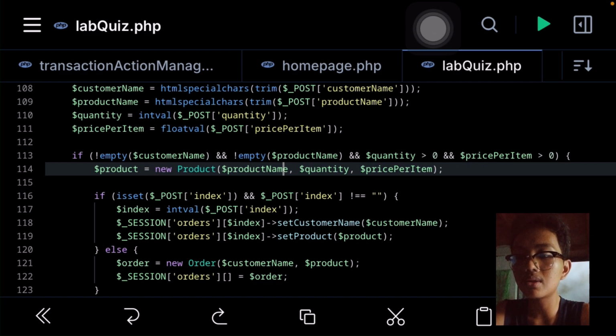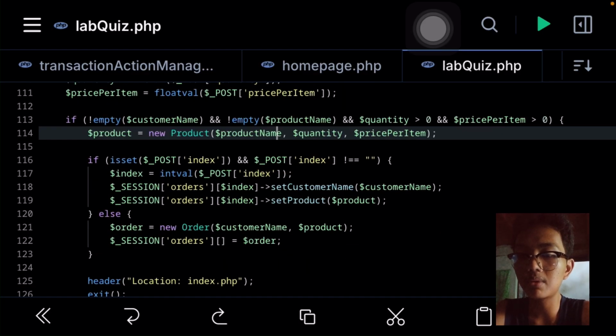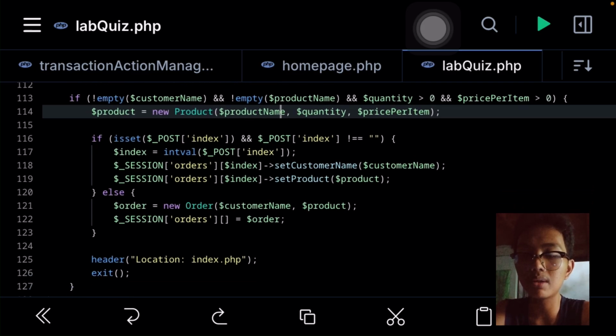If those conditions are true, we will create an index variable and set its value to the index converted into integer using the intval method. Next, we will set the customer name and product object by getting the customer name variable and the product variable created earlier.